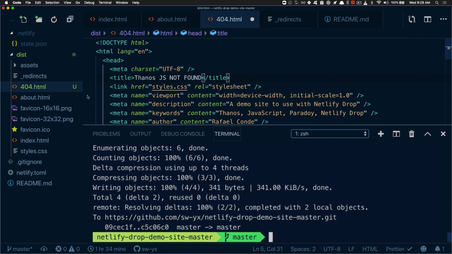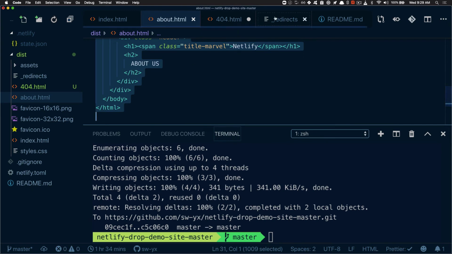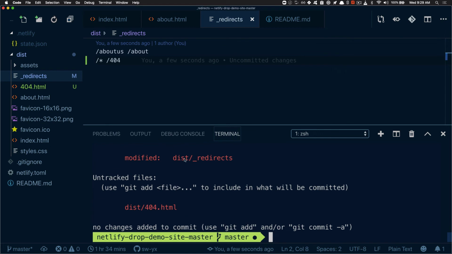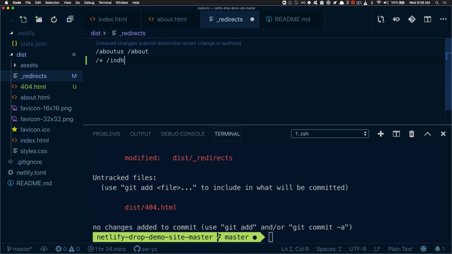Okay. And I'm also going to set up a redirect that's a catch-all. How you do a catch-all redirect is you just literally hit a star and you direct people to the 404. If you imagine a single page app, you might want to send people to index.html, because then the single page app might redirect people to the right area. But here we're going to send people to the